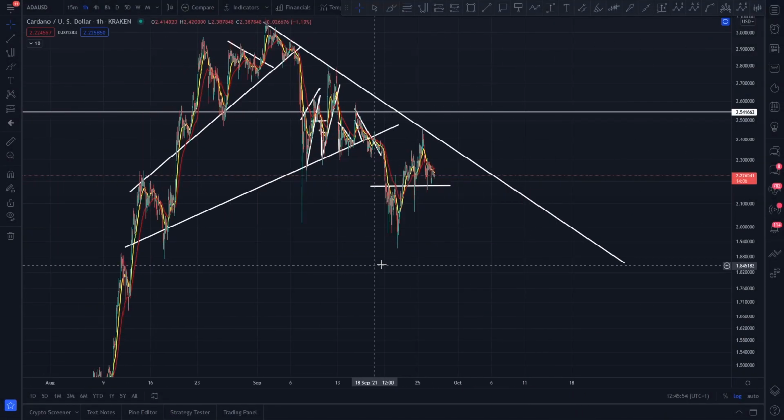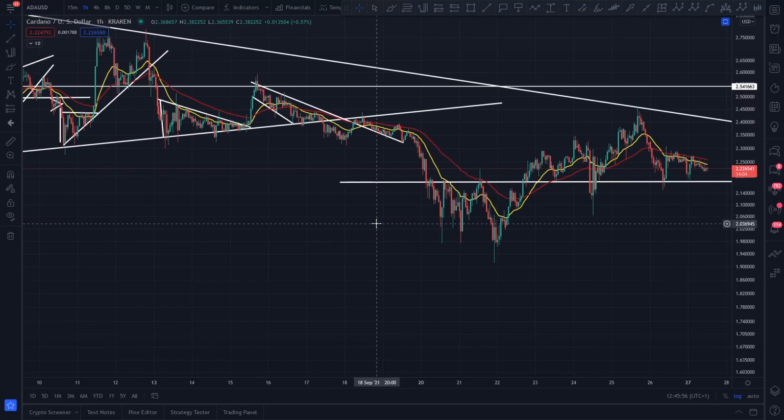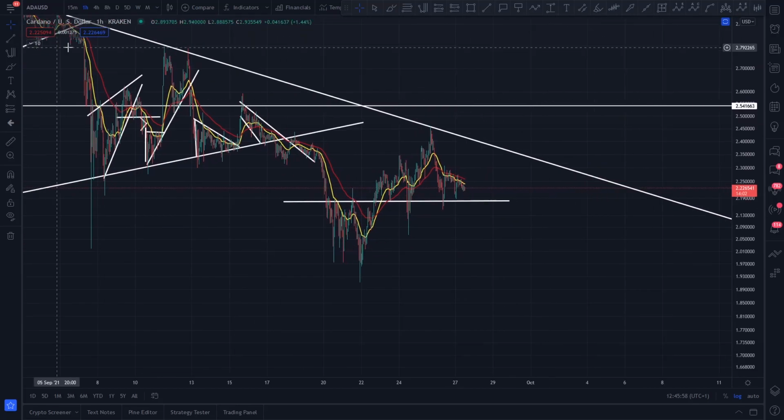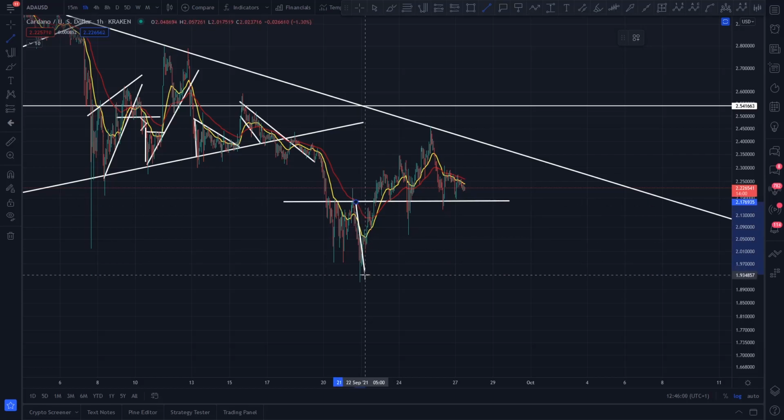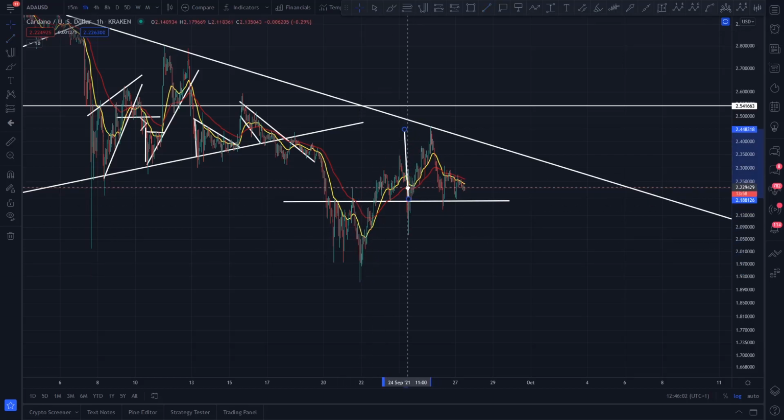Thank you for the support. So, looking at Cardano on the hourly time frame here, it looks a little bit lackluster to me. There was a little bit of a reversal pattern just there, a W bottom look, and you can see that pretty much played out. Look, boom, target met. It had a bit of a throwback just there when it broke out of level resistance, back to support, but it fell back. It had a bit of a throwback into this pattern, but eventually it did meet the technical target.